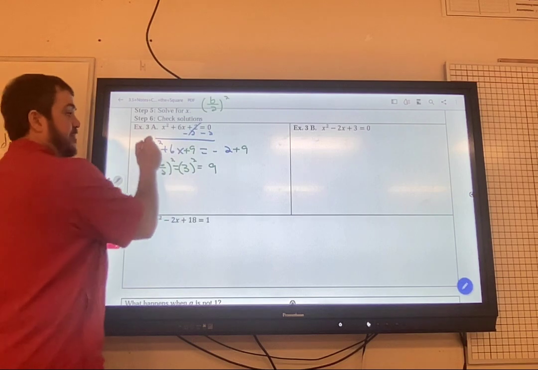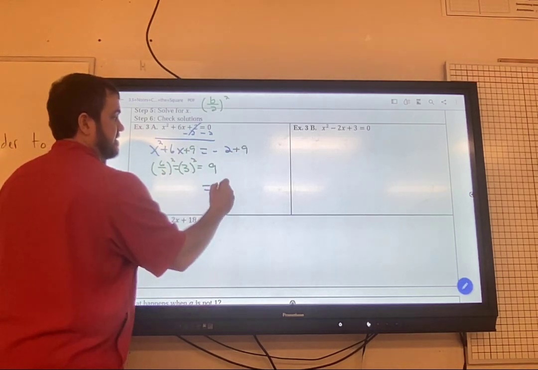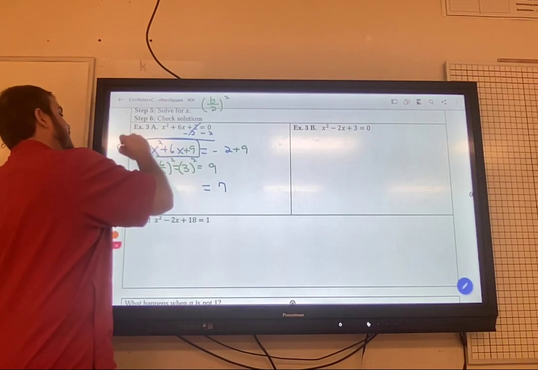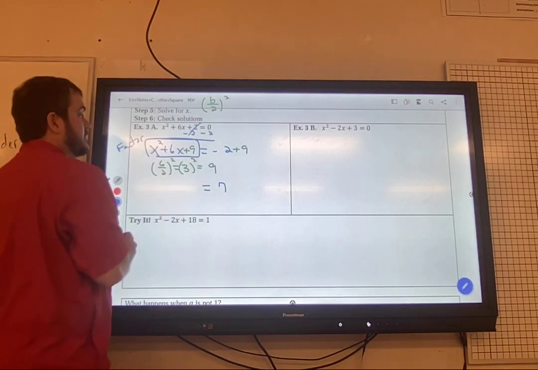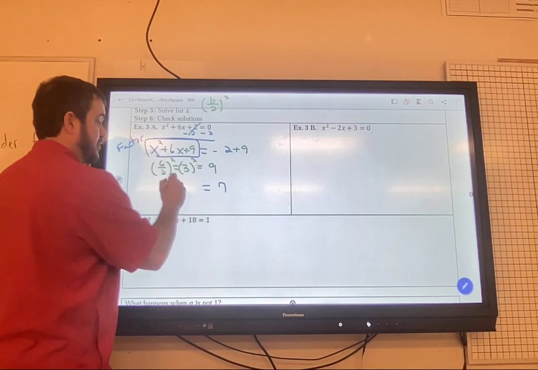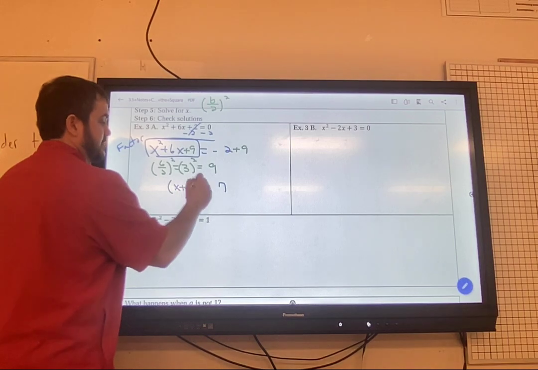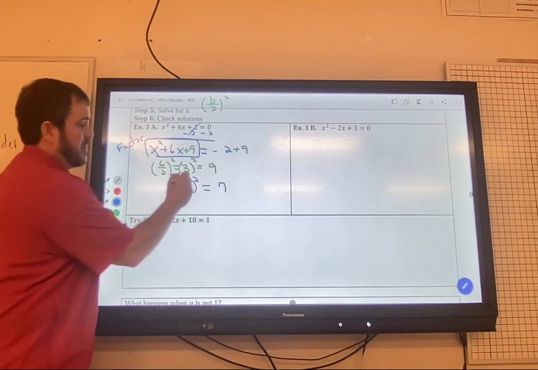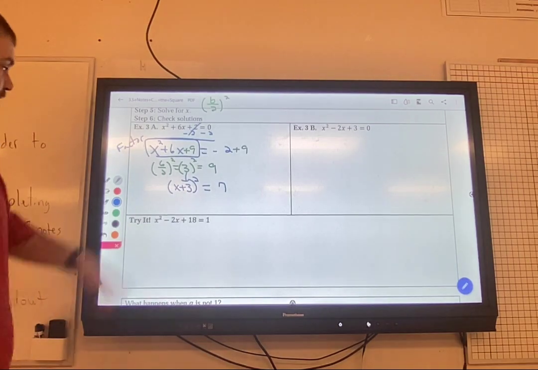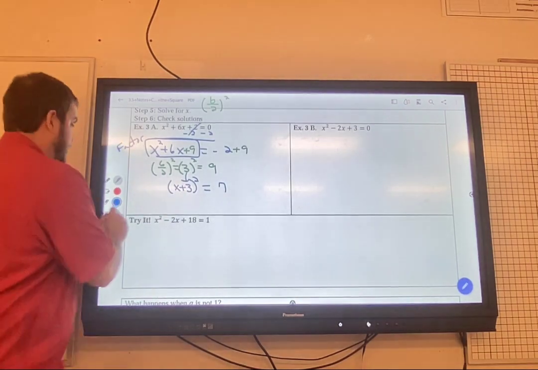That gives me, let's do the easy side, negative 2 plus 9 is 7. This is now factorable. I can factor it. Factors of 9 that add to give me 6: positive 3 and positive 3, x plus 3 squared. When you do it this way, whatever half of b is will always be what's in your factor. Half of b will be in your factor. And then from there you square root,